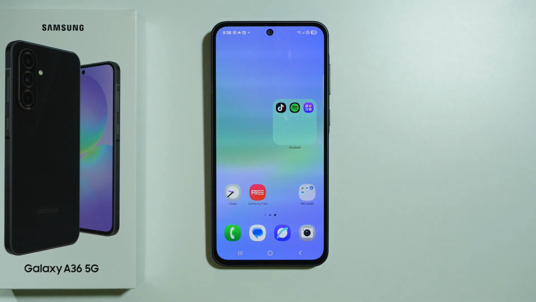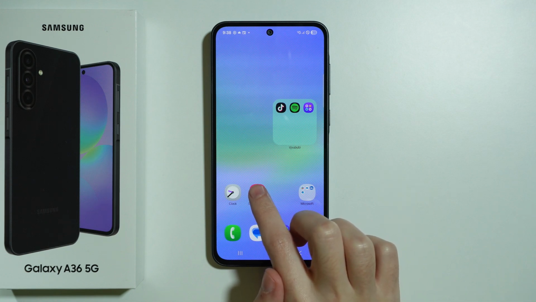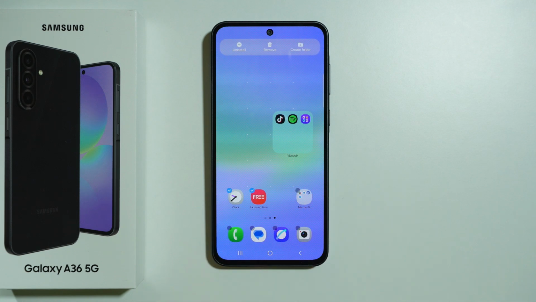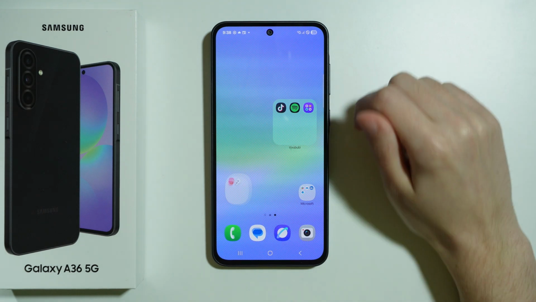Another way to create a folder is by once again pressing and holding your finger, this time just press and hold on the first app and press select, and then you can select multiple apps that you wish to add to the folder, and then in the top right corner we have create folder,